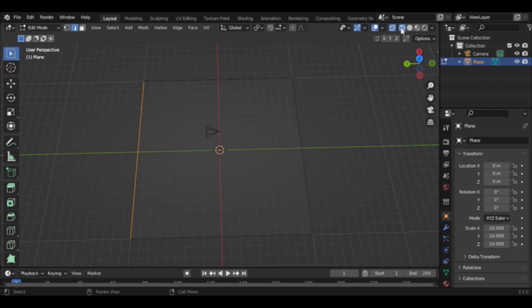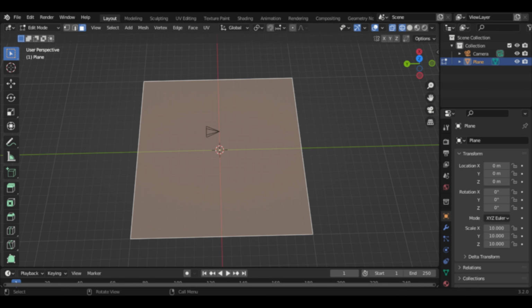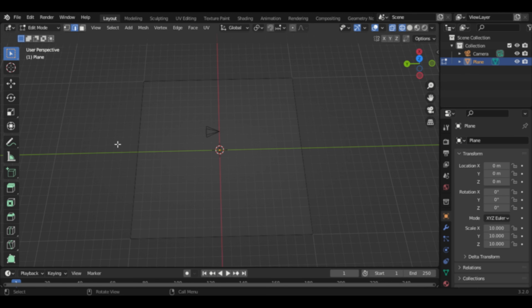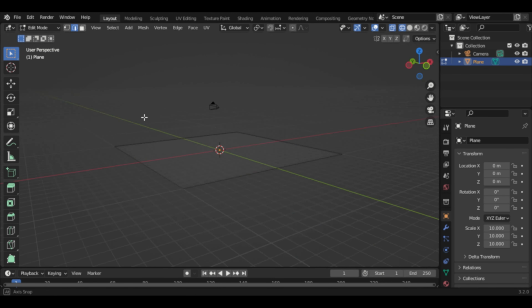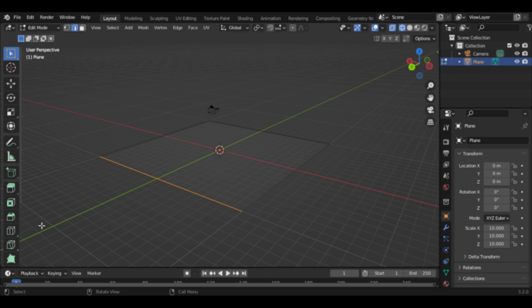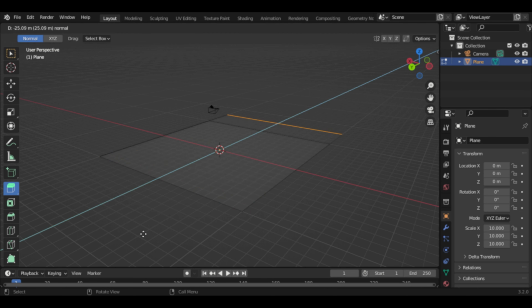And this is easier to see in wireframe mode. Or face select, and you can select the whole face. But we're just going to stick with edge select for now because we just want to do this one right here. So we'll hit E to extrude, or you can go to extrude, and that will extrude it,